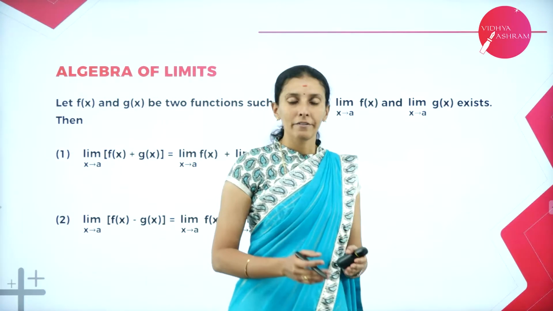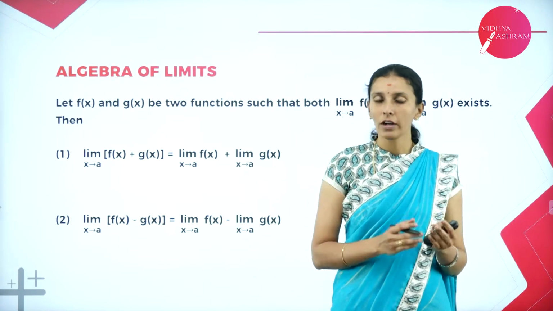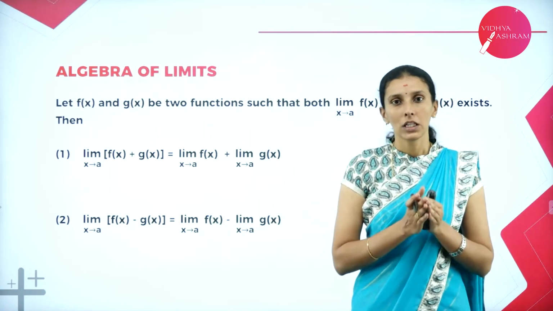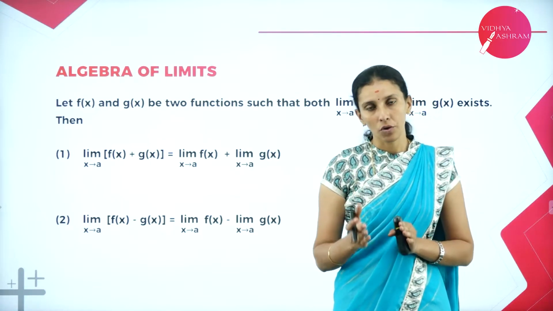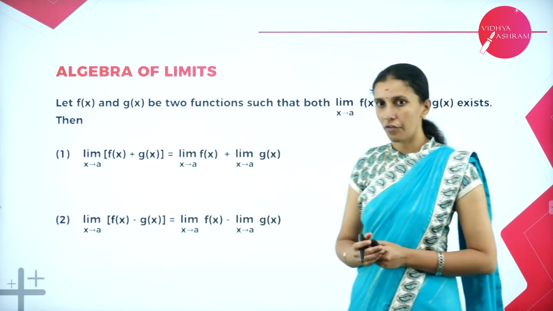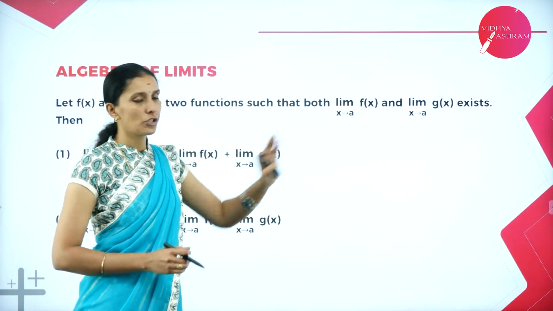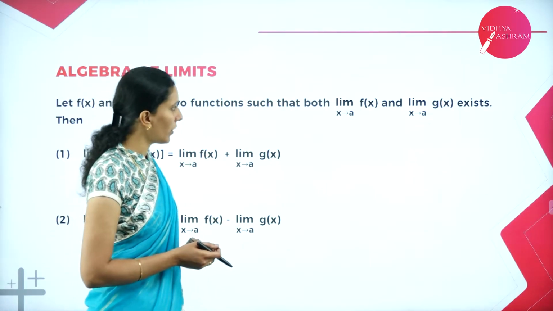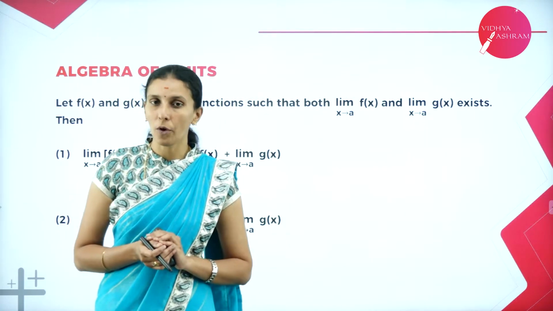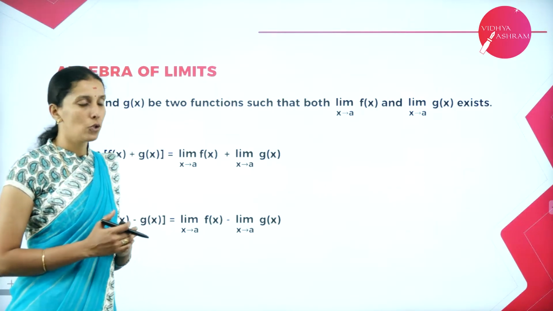Now, we have discussed in our previous session whether the limit of a function exists or not based on the left hand limit and right hand limit, and we have concluded whether the limit of a function exists or does not exist. Now, here we have two functions f of x and g of x whose limits are defined. That is, the limit of the function f of x is defined at a point x is equal to a, and also the limit of the function g of x is defined at the same point x is equal to a. So, we have two functions. How to add those two functions?